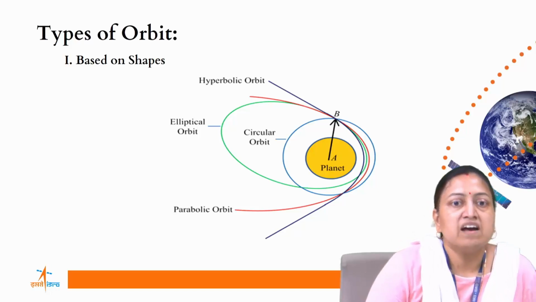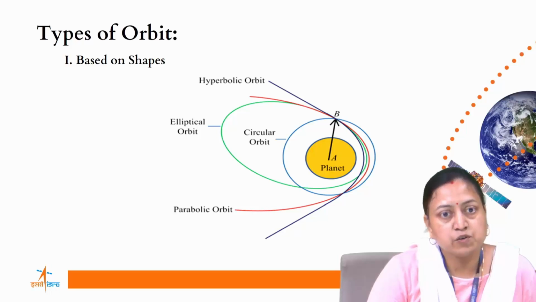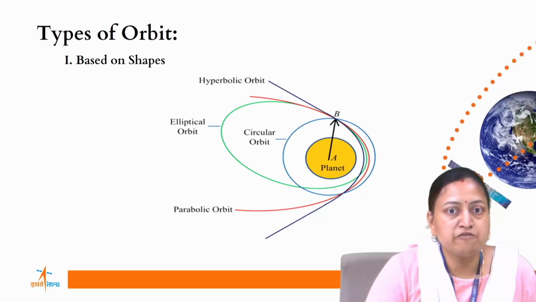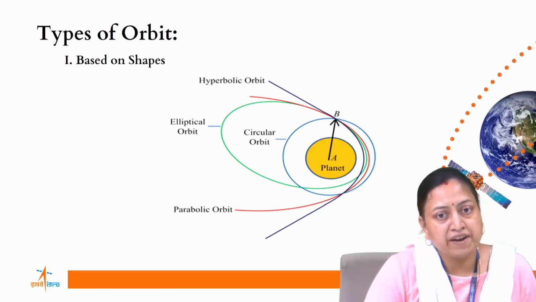Hyperbolic orbit. A hyperbolic path is a trajectory of an object used for orbital maneuvering as well, but this is one where the approaching object already has enough speed to enter the planet's orbit and then escape it with an adjustment to its velocity and direction. This method of maneuvering is called gravity assist.